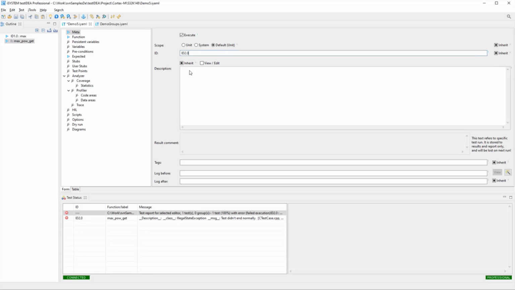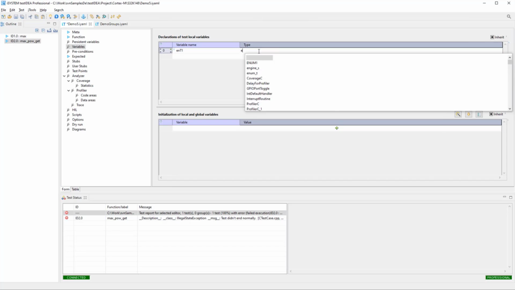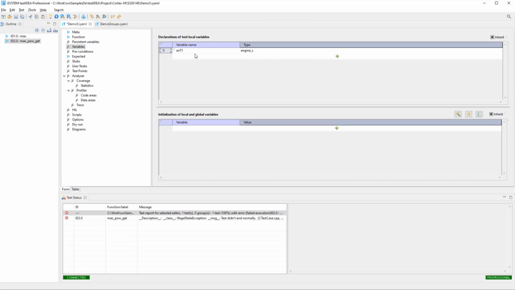I can use this for, also a structure, but let's say a sequence that is automatically added by the testIDEA, and I need to define the test variables. So engine test 1 is a structure of type engine, and another test structure 2 is also of type engine. Then I need to initialize them. I will use this button